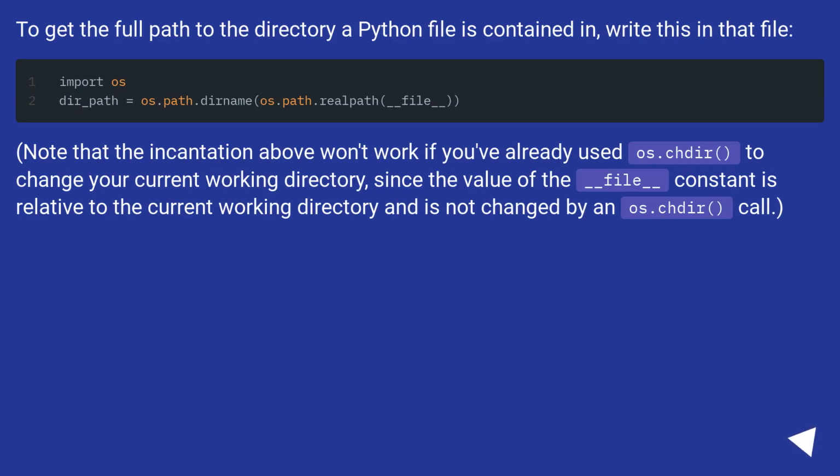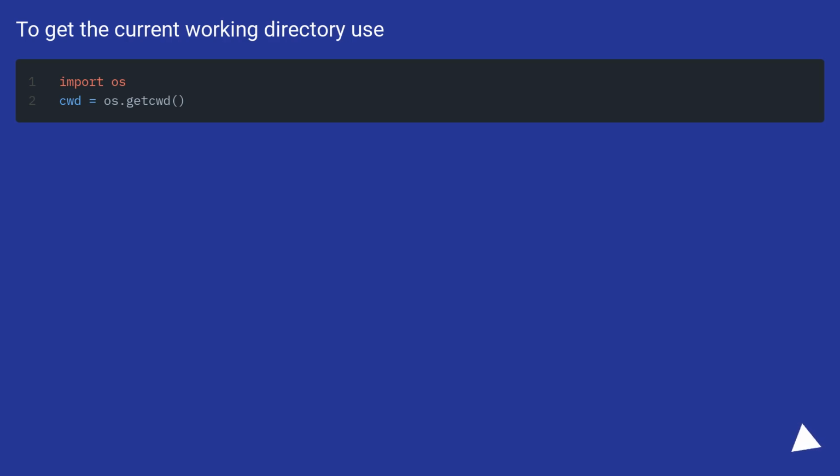To get the full path to the directory a Python file is contained in, write this in that file. Note that the incantation above won't work if you've already used os.chdir to change your current working directory, since the value of the __file__ constant is relative to the current working directory, and is not changed by an os.chdir call. To get the current working directory, use